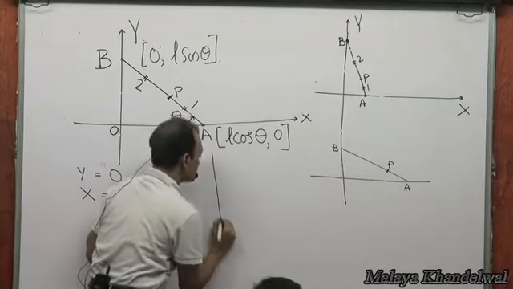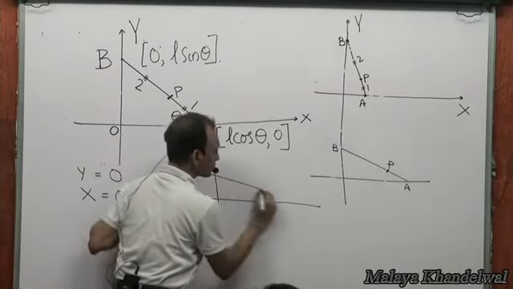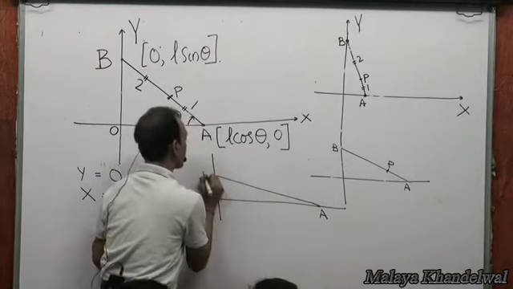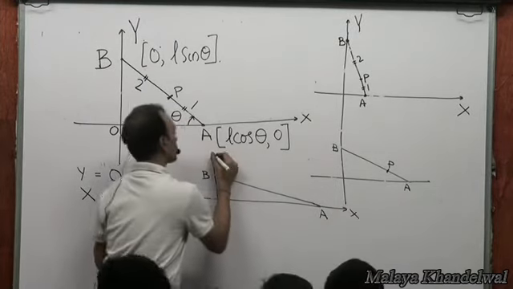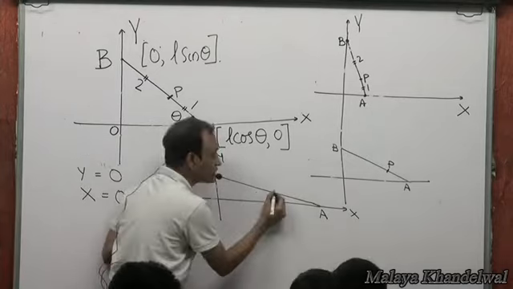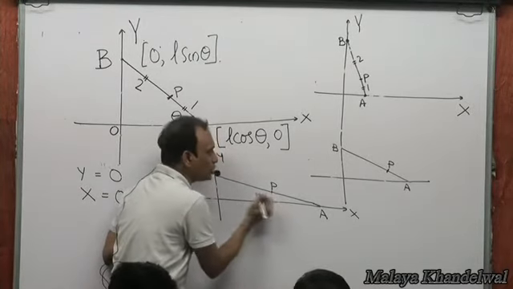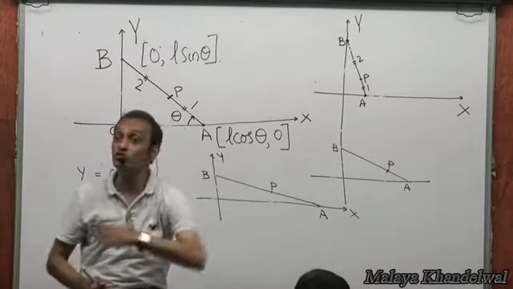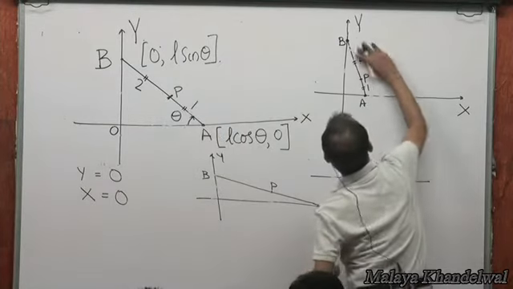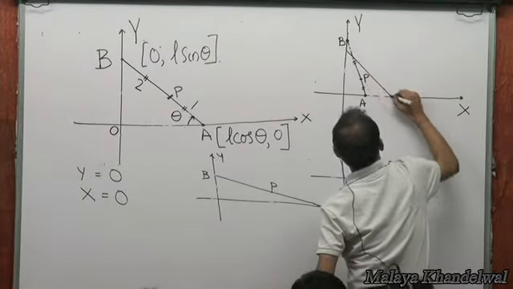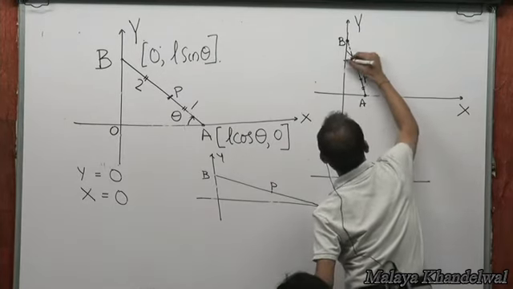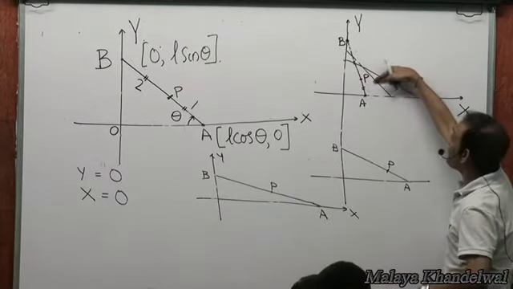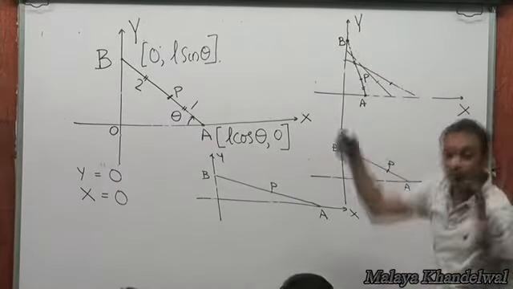If the ladder slides further, then once again the coordinates of A and B will change. The point P, it's the same point on the ladder, but now it has moved to a different position. Yes or no? So there is a trajectory associated with P, isn't it? After a while, say the point P would be somewhere here, and then a little later the point P would come down somewhere here, and so on and so forth. So there are very many positions of P associated with the motion of the ladder.